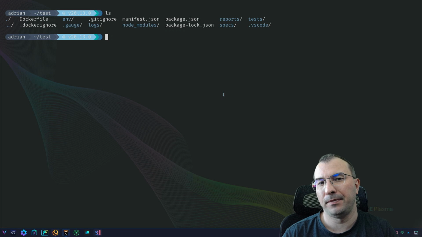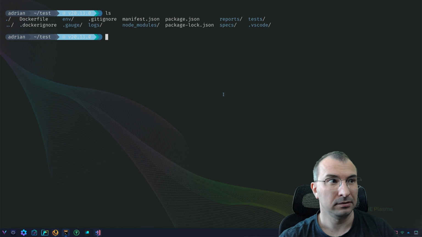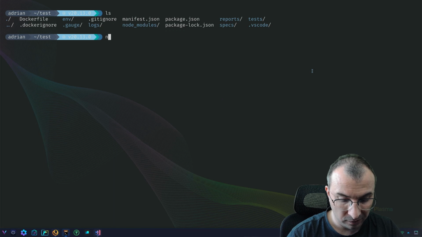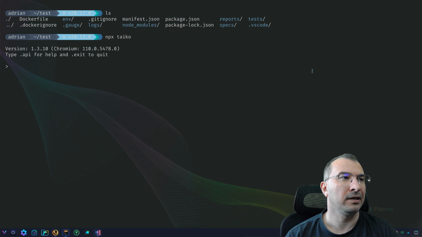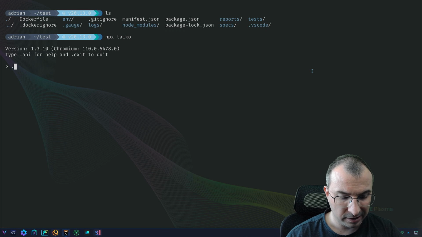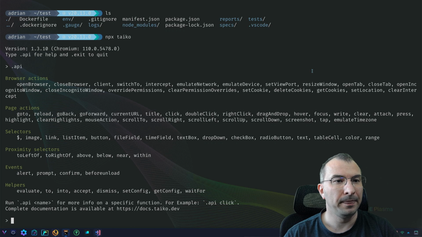And it is good to know that you have some kind of a helper and you don't need the internet to make it work. What I'm exactly talking about is, if you run the command npx taiko, it will run something like this, and then if you type .api, it will show you